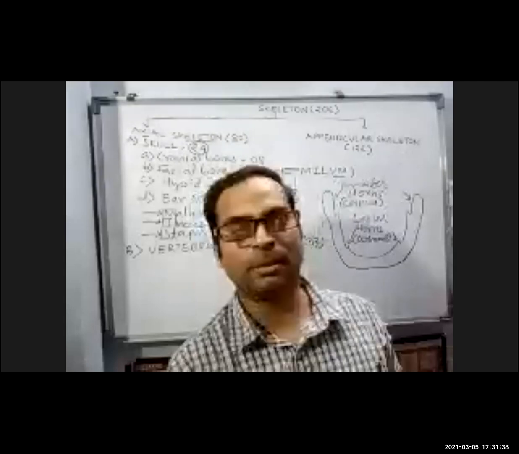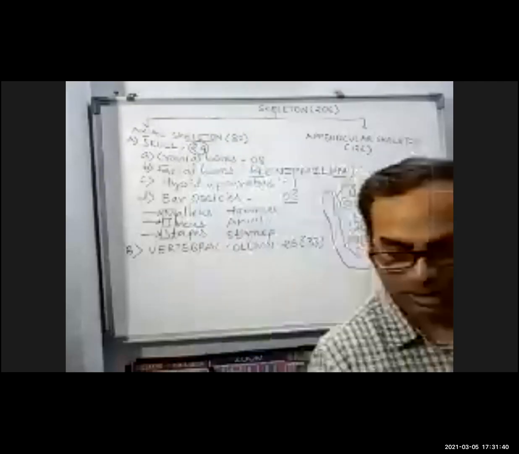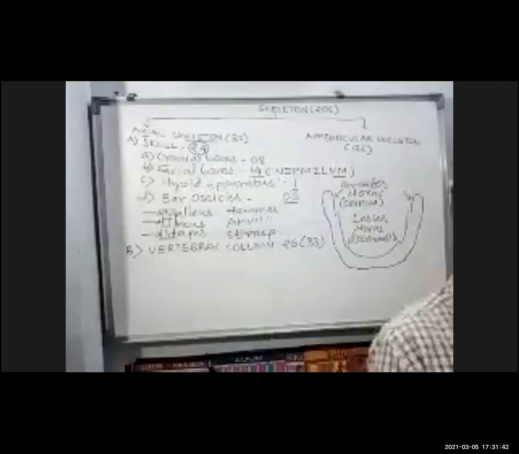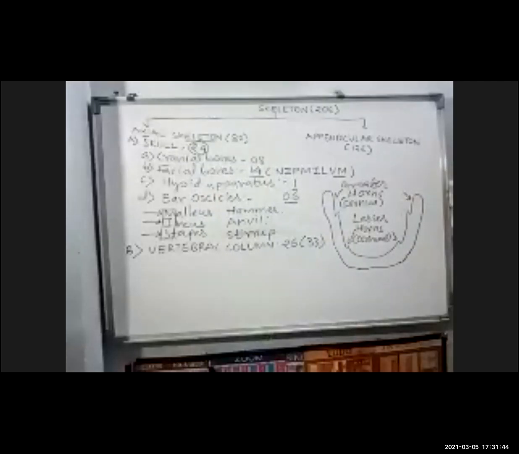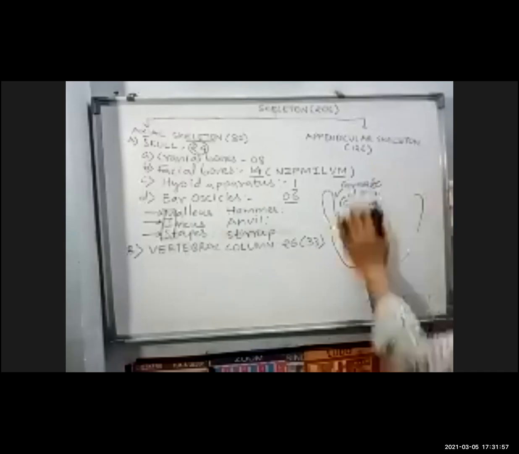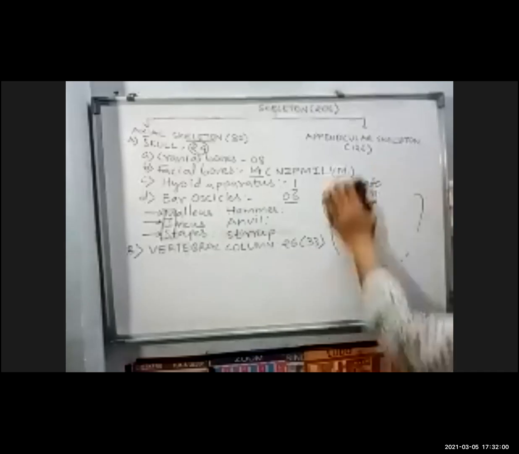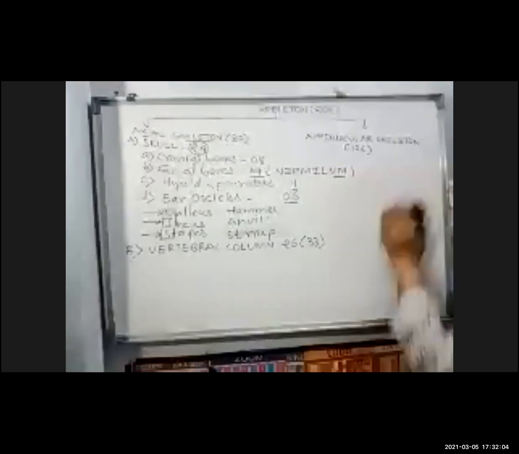So we are all aware of this. Backbone is nothing but a dorsal supporting rod, which is located in the back, on the dorsal side of the body. How long is it? Tell me. Length of this, how much is it? Any idea, anybody? How long is your vertebral column? So it is approximately 70 centimeters.